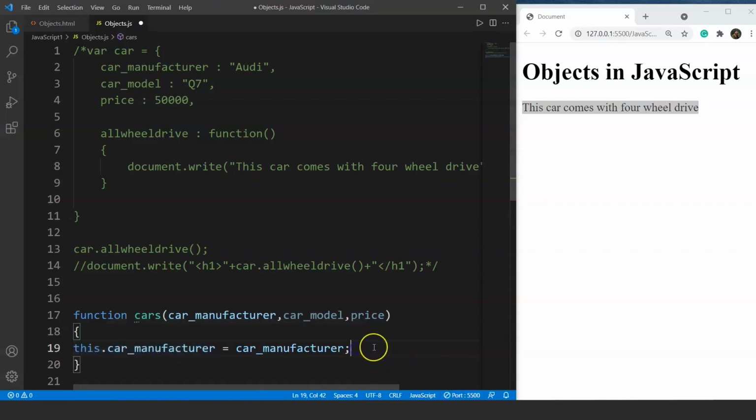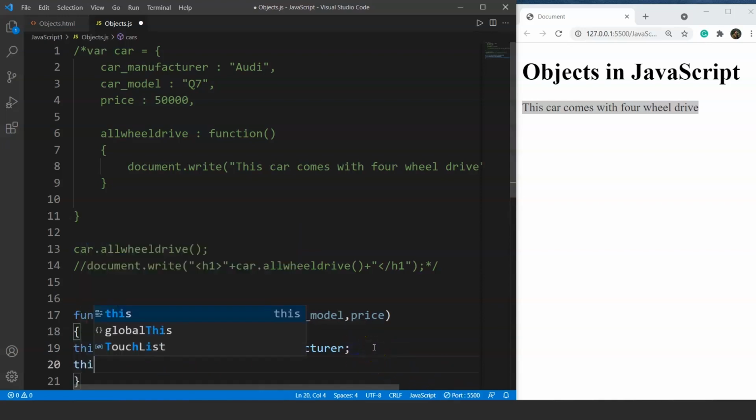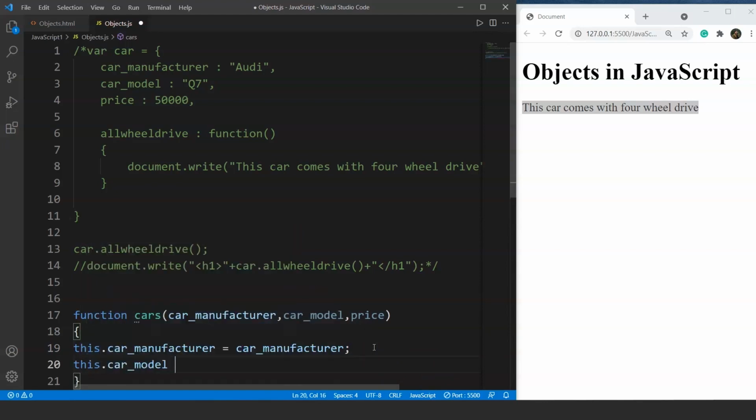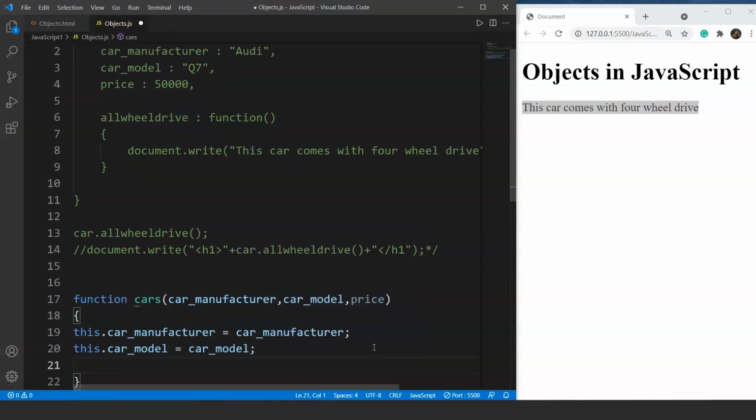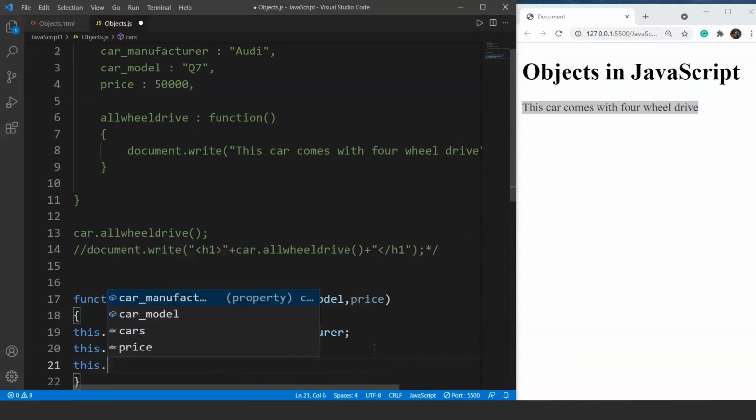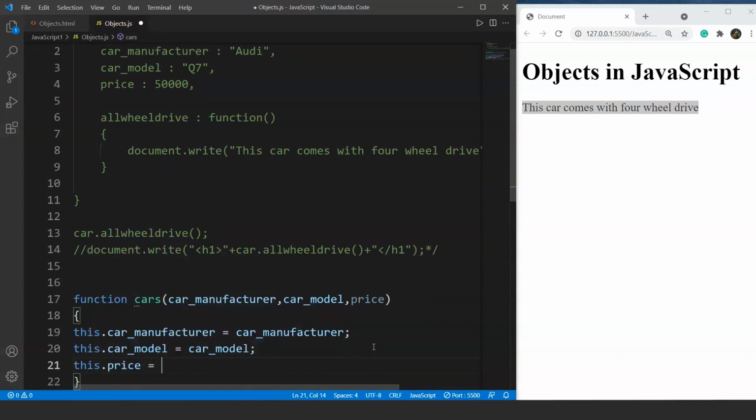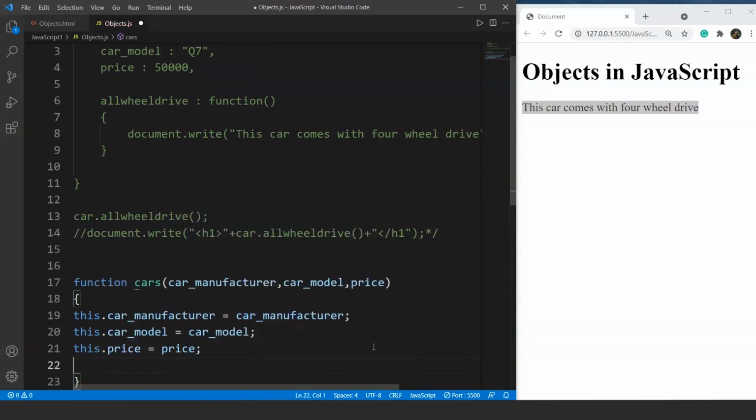So let's use the other two properties, which were this dot car model, and we'll write here car model. The last one was this dot price. We'll write here price. Let's add the method here as well inside the constructor function.